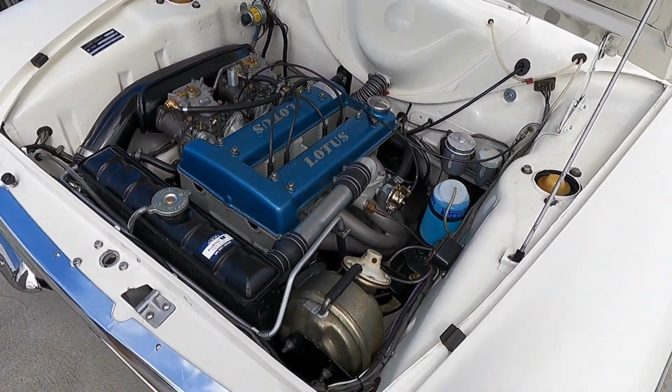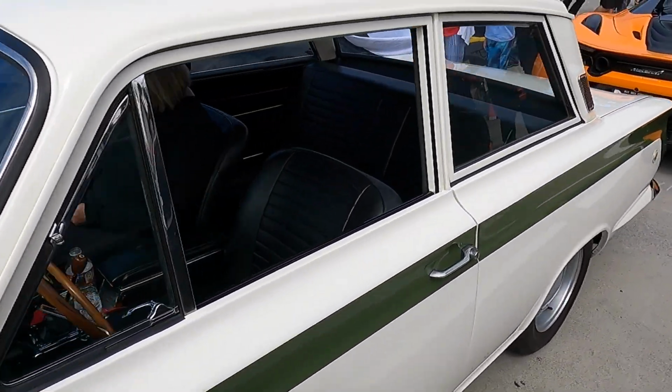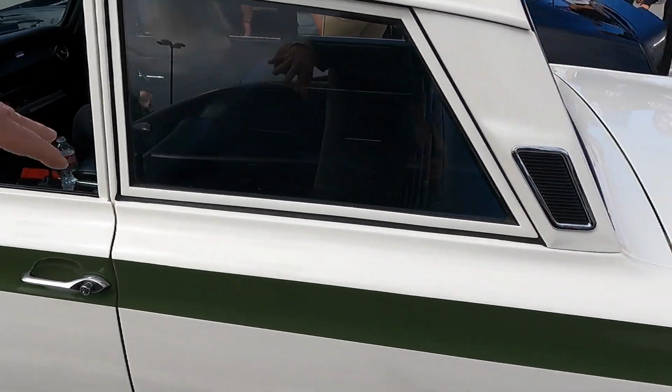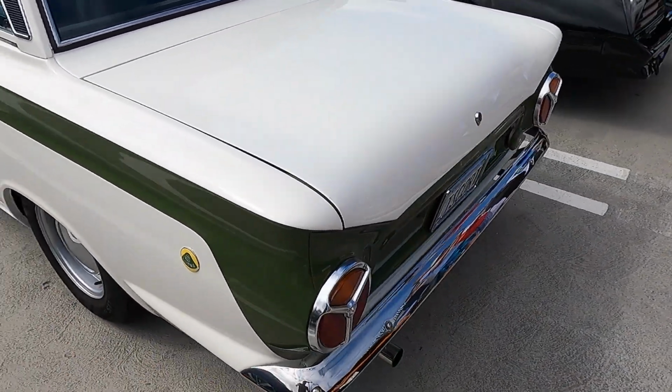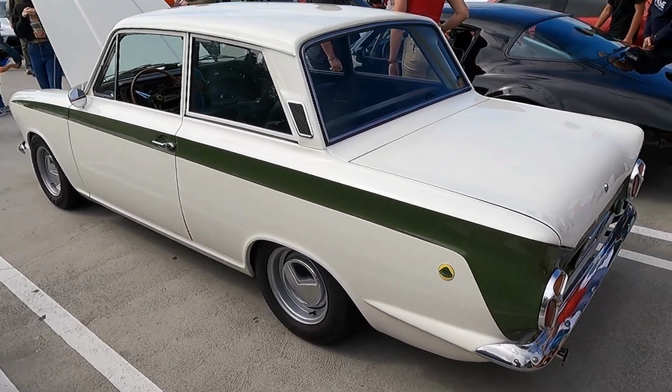A couple of twin Webers on there, side drafts, which made this thing special, but lots of little different things. Everything from the dash, everything, the stripes, badging. This is a really, really special car, and once again, it's not something you see every day, which is one of the